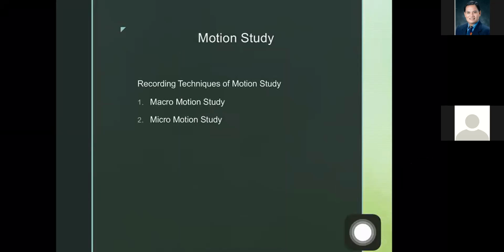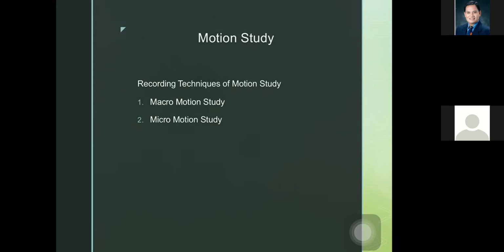Next slide, motion study. It is a part of method study where the motions of an operator or worker will be studied by the following prescribed methods. So there are a number of principles concerning the economy of movements which have been developed as a result of experience and which form the basis for the development of improved methods at the workplace. The principles are grouped into three headings: